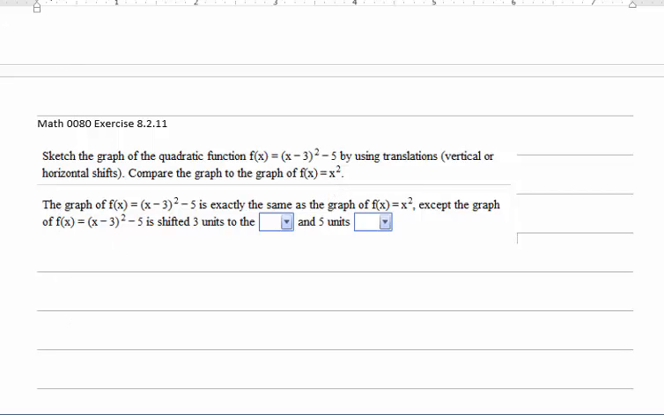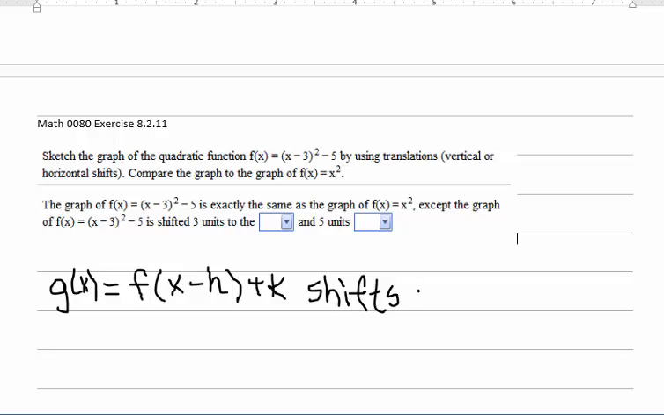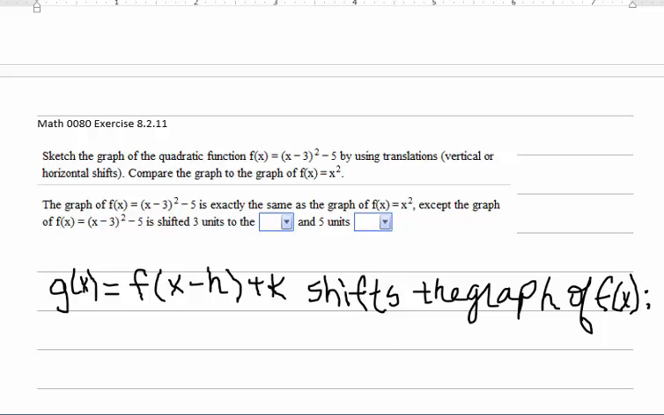First of all, I want to just talk briefly about the fact that if a function g of x is f of x minus h plus k, so just in general, that graph shifts the graph of f of x h units horizontally, h units horizontally,